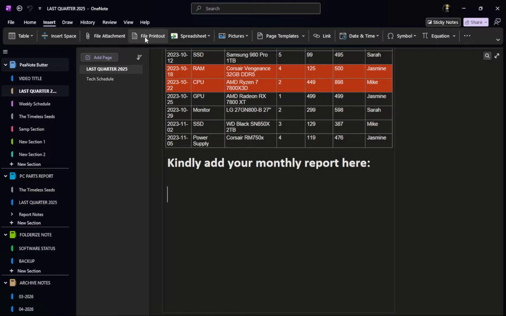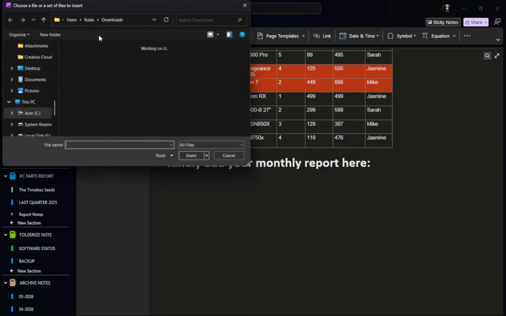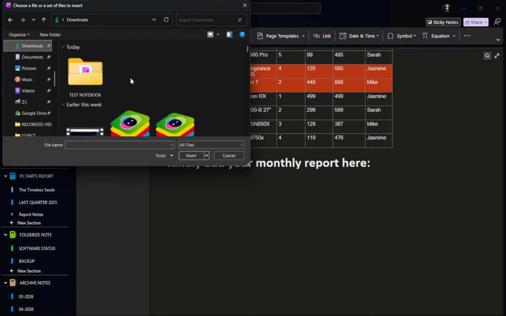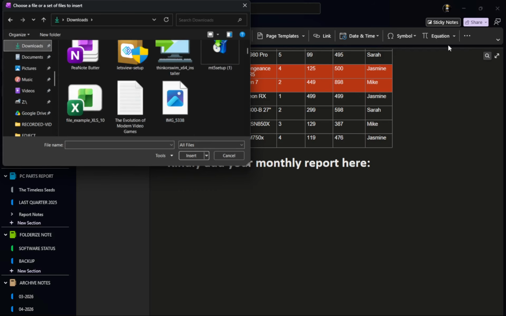Next, continue working as usual. There is no need to pause and click a save button because OneNote has got you covered. You can type, format, and organize your notes freely, and any updates you make will be saved instantly. This design allows you to concentrate on your ideas without distractions. You may notice a small icon indicating that your notes are being saved, which reassures you that everything is captured.